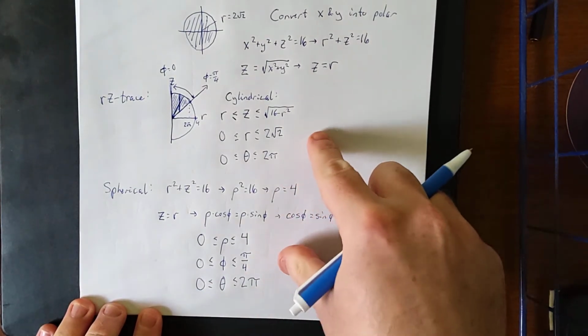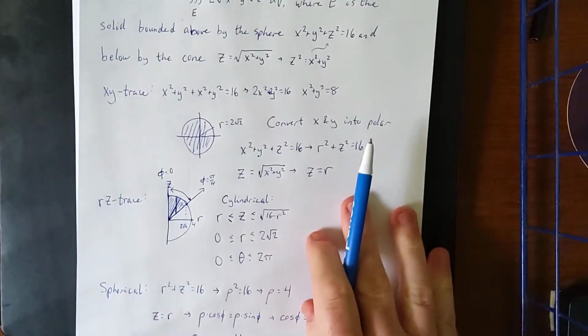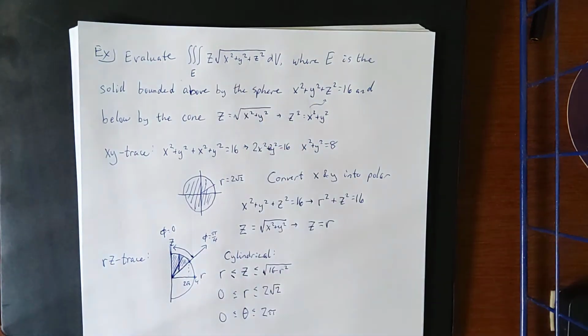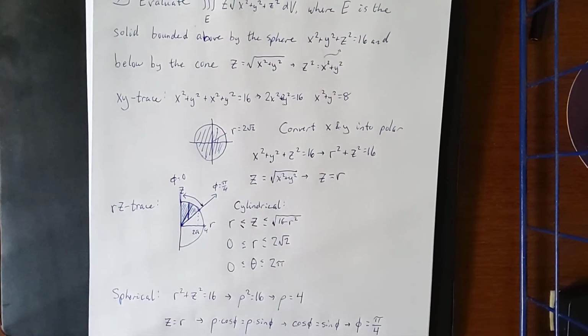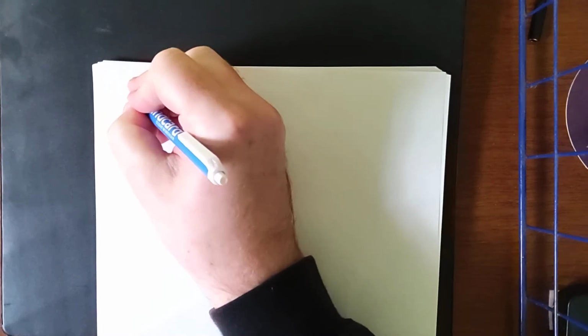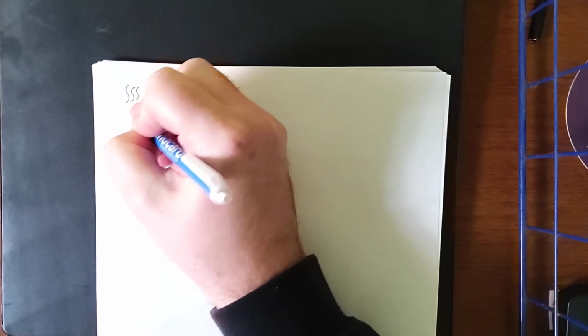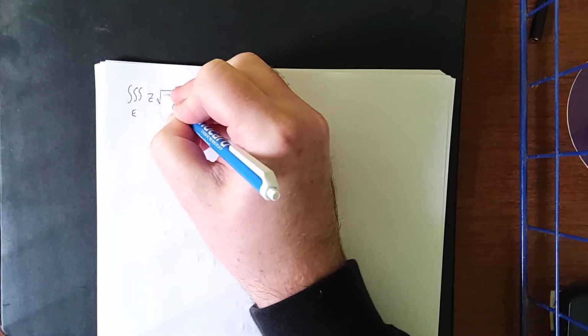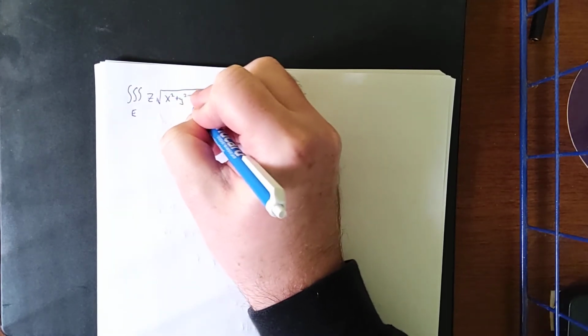So using these two sets of bounds, I'm going to set up our original triple integral in both cylindrical coordinates and spherical coordinates, and then we'll make a decision about which one of those we actually want to do. So recopying this down, this was the triple integral over the solid E of z times the square root of x squared plus y squared plus z squared